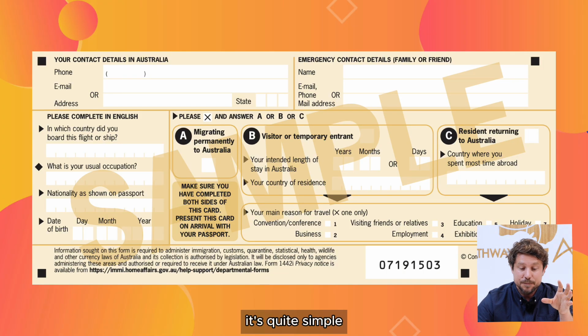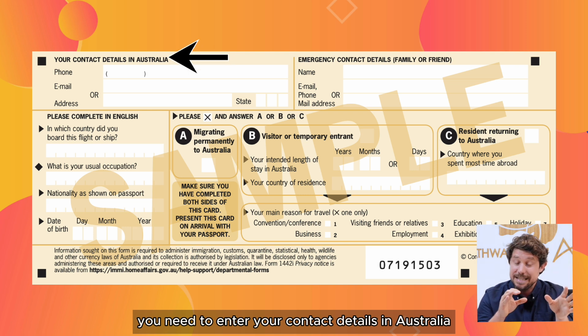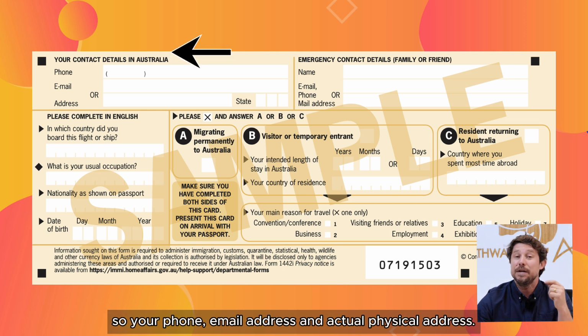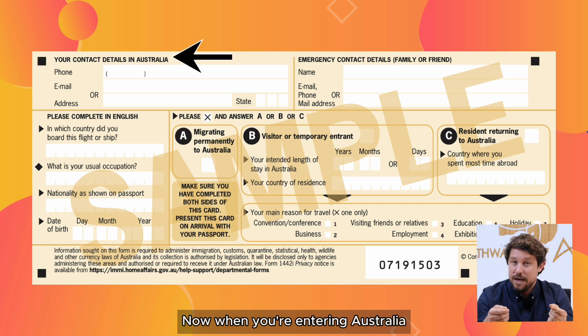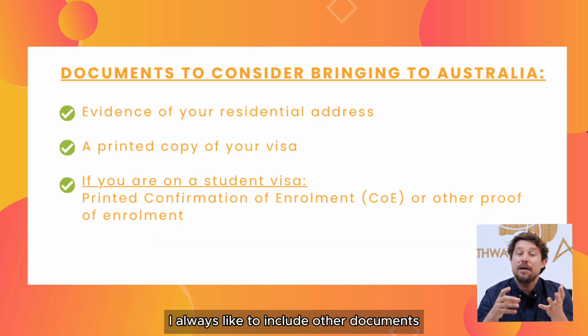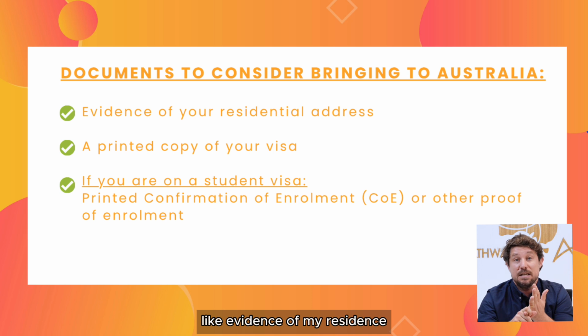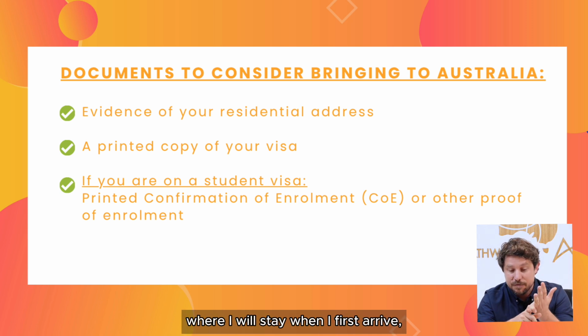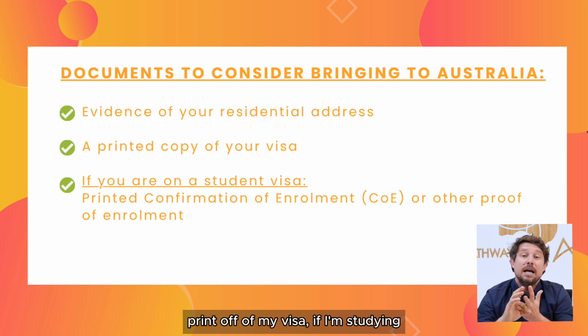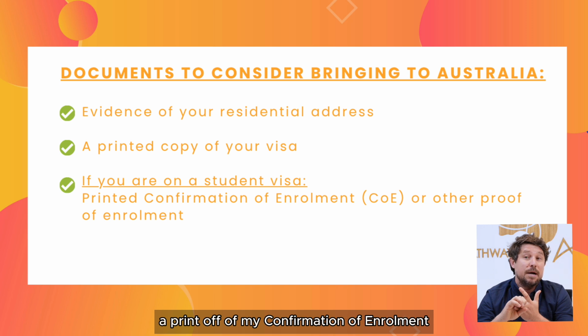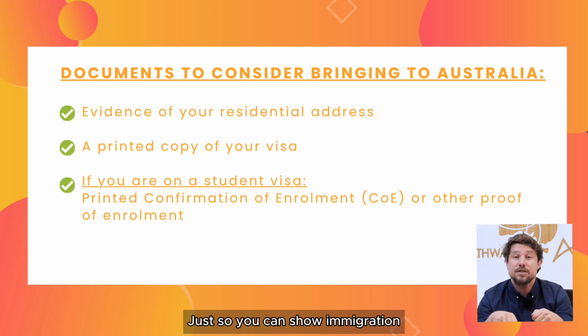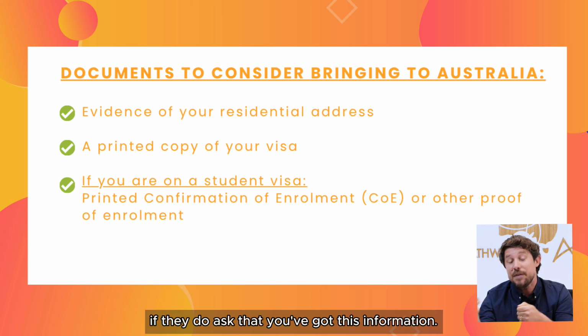It's quite simple. You need to enter your contact details in Australia, so your phone, email address, and actual physical address. Now, when you're entering Australia, I always like to include other documents like evidence of my residence, where I will stay when I first arrive, a print off of my visa, and if I'm studying, a print off of my confirmation of enrollment or evidence of enrollment at the college, just so you can show immigration if they do ask